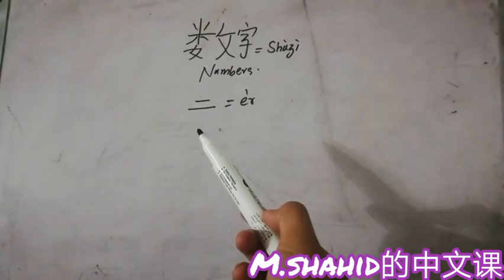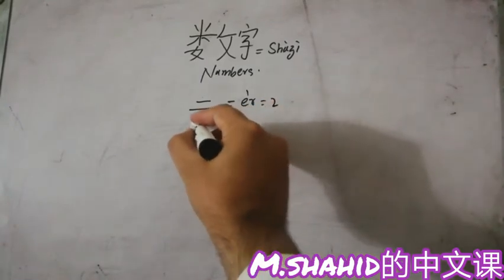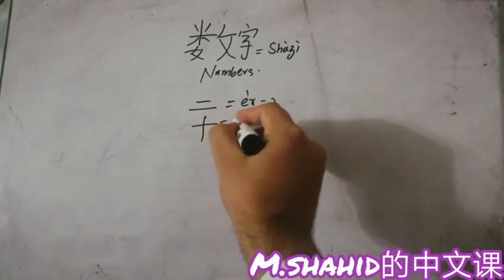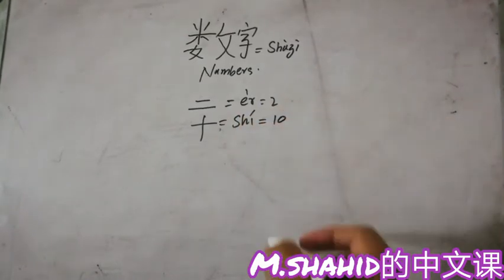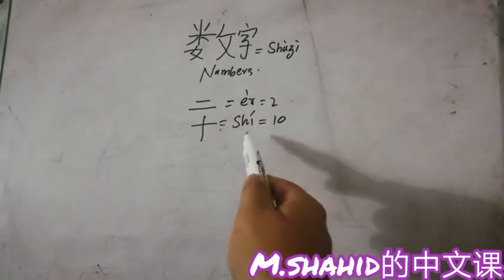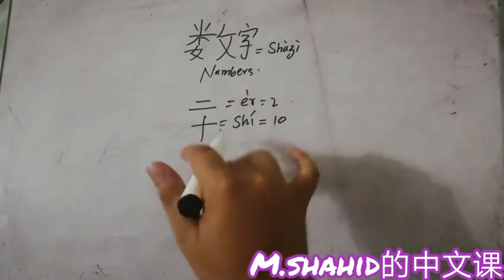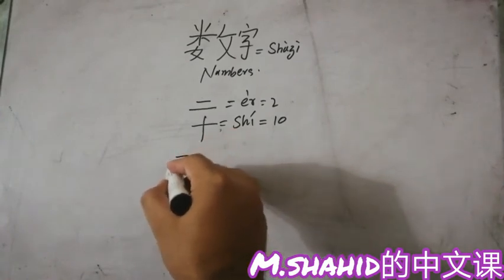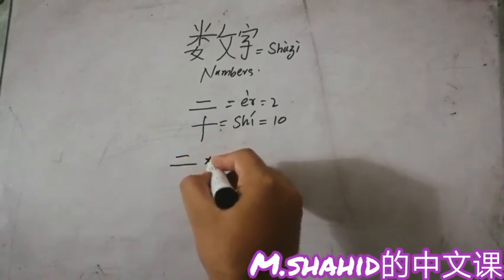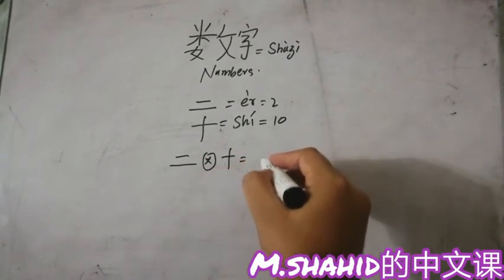So it is 2, and the character for writing 10 is 十. So if you want to write the number 20, you just have to write 2 multiplied by 10, and this will become